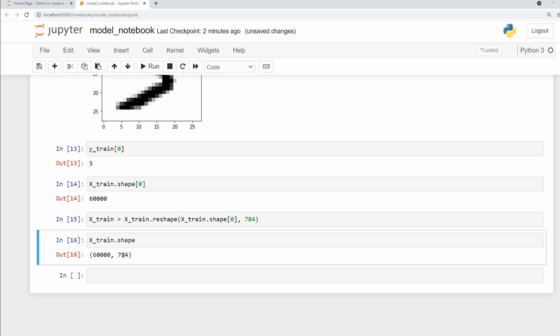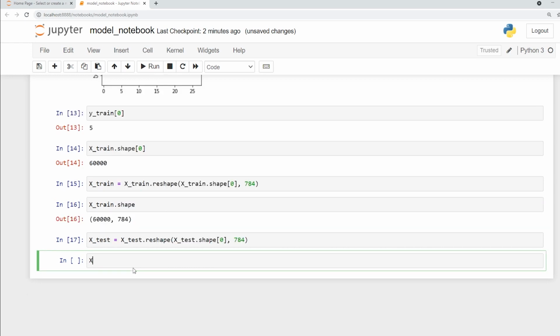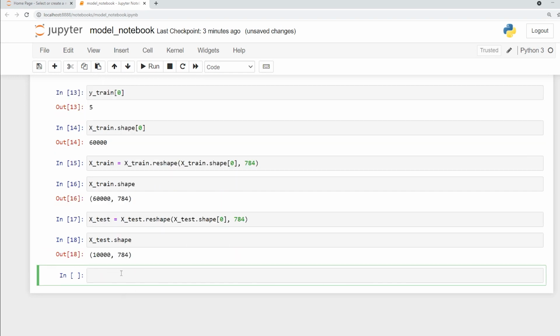Now I can work with my machine learning algorithm, where I have 60,000 rows and 784 columns. So this is my data set. This is a very large data set if we look at it from the aspect of any of the machine learning algorithms. Similarly, I'm going to do it for X-test, where I'm going to reshape it. And here I could actually say 10,000, but that is just fine. So I'll just work with this. And here I'm going to say again 784. And if I check, X-test dot shape, I have 10,000 rows with 784 columns. So my data is prepared.